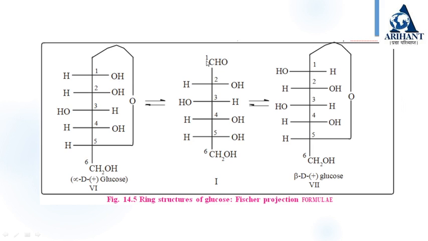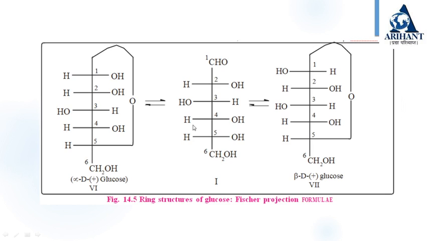Okay, if the double bond is on the left hand side, what will happen? I will get the same mirror image on this side. See, only the first carbon is different, because if I consider the double bond group on the left hand side, I will get only OH on the left hand side and H on the right hand side, and the structure from carbon number 2, 3, 4, 5, 6 remains the same as it is for alpha and beta, both cases. Only in the alpha case, the hydroxyl group is on the right hand side, and in the beta case, the hydroxyl group is on the left hand side.